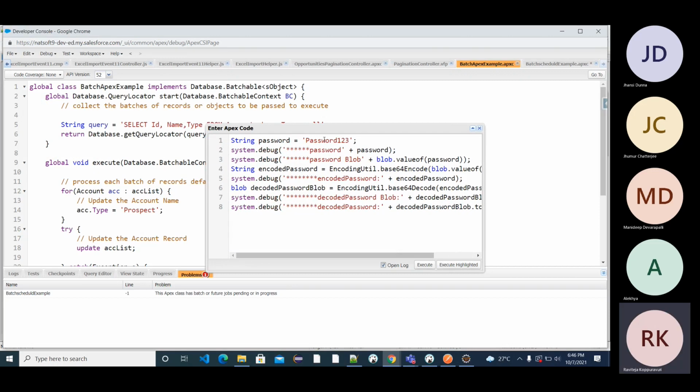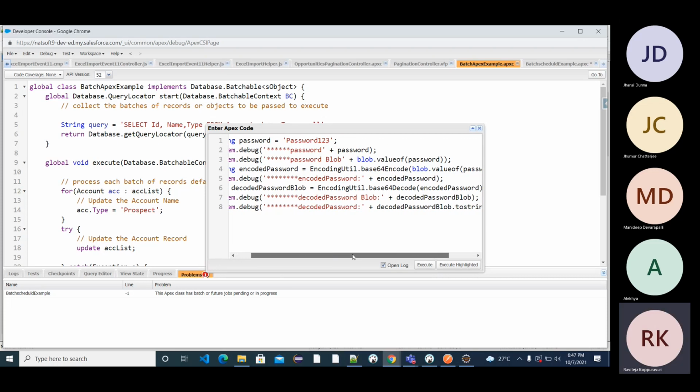Here I am setting a password, and here I am printing my password, and here I am converting our password to an object. Here is the encoding of the password using Base64 encode, and here I am decoding the password using Base64 decode.